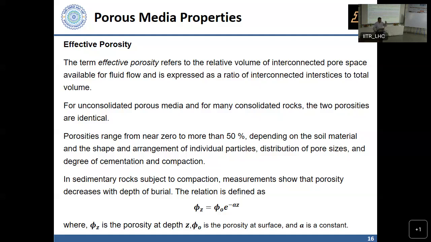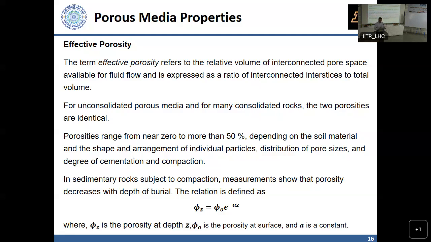So the effective porosity will be either equal to or less than the total porosity. Either all the pores are conducting or only a fraction of them are conducting. For unconsolidated porous media and for other soil types, sometimes the two porosities are identical and otherwise not. Porosities may range from near zero to perhaps as much as 50% for soils,